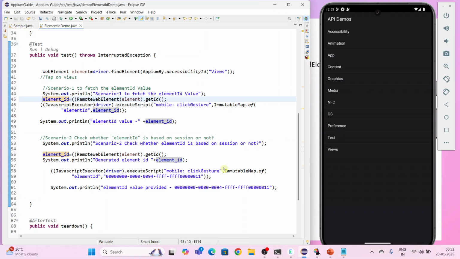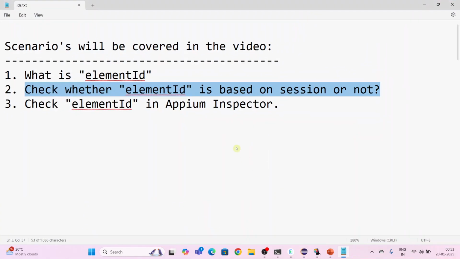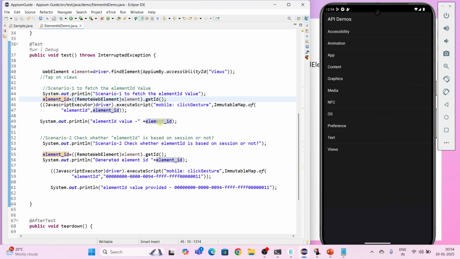So this is how we have checked both scenarios. We understood what an element ID is and how to get the element ID. We have printed this element ID, which is a hexadecimal value, and we have checked that the element ID is generated based upon the session. Both scenarios we covered. Next scenario is